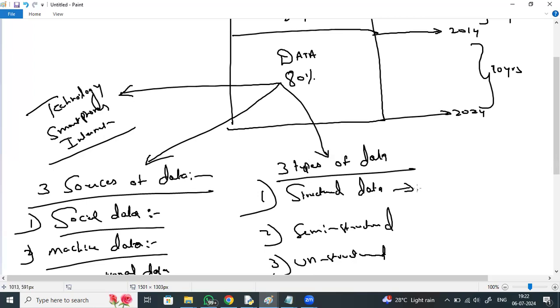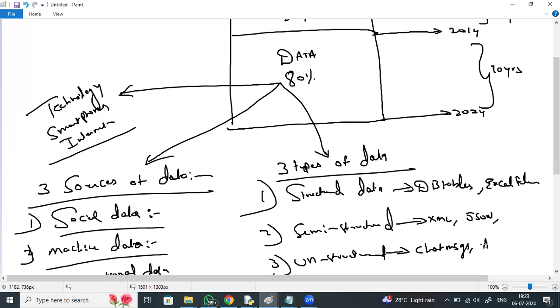Structured data is like database tables, Excel files. Semi-structured, which is not totally structured and not totally unstructured, is like XML files, JSON files. Unstructured is like chat messages, articles, images, videos. All this comes as unstructured.